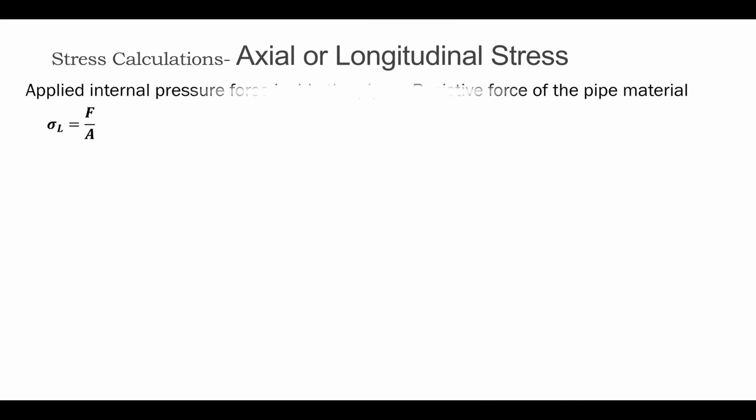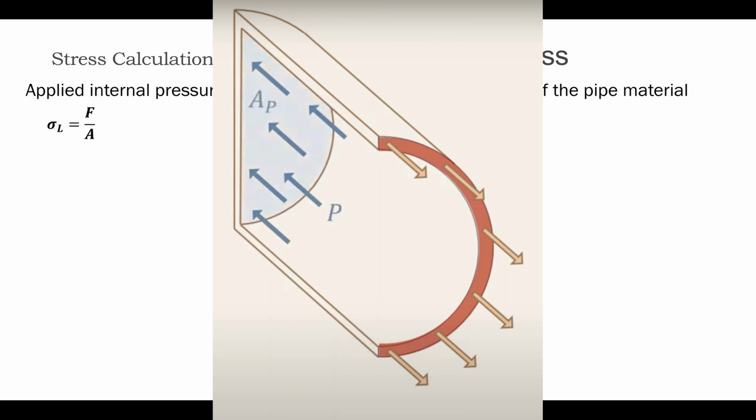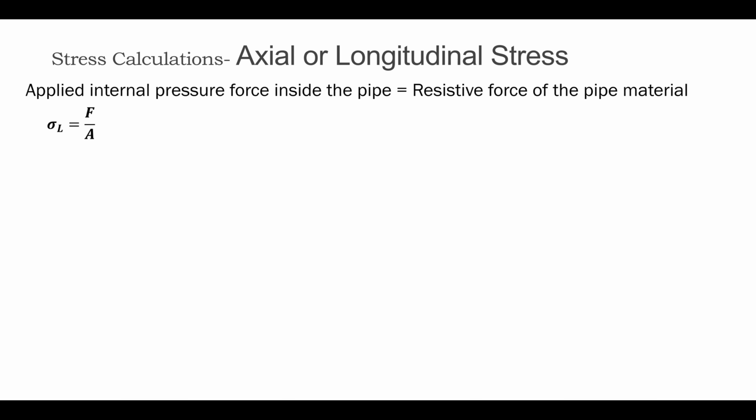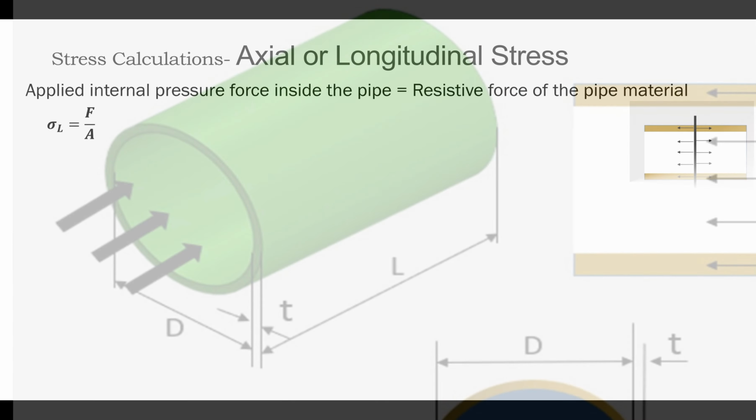To calculate the longitudinal stress, we can start from the stress formula sigma L is equal to F over A. It means the applied internal pressure force inside the pipe is equal to the resistive force of the pipe material. When the system is in equilibrium, the applied internal force inside the pipe is equal to the resistive force of the pipe material. Consider a pipe